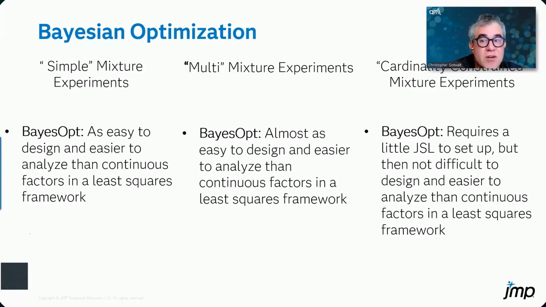Gaussian process models are distance-based rather than design matrix-based, which makes all of these problems basically disappear. Fortunately, Laura's new JSL function in JMP Pro 19.1 and the Bayesian optimization platform that Kasia and I developed have made the impossible possible, and hopefully what was impossible in the past will be made easy in future releases. Now I'm going to hand it over to Kasia, who's going to show how easy simple mixture problems are with